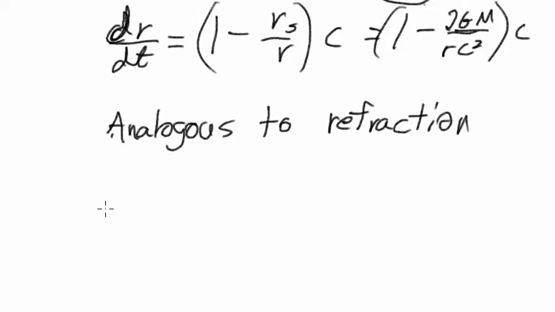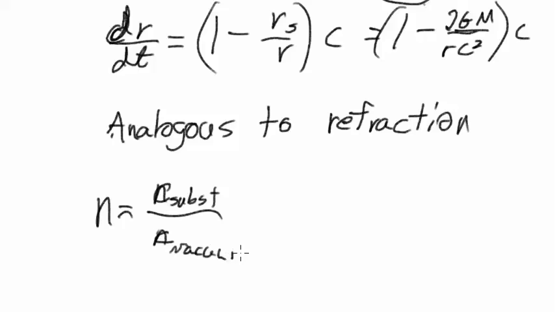N equals n of the substance, and here we're talking about a sort of substance that's local to the gravitational well of where the object, the body, the mass is, over n of the vacuum. I'm sorry, speed of light in the substance divided by speed of light in the vacuum, and that is going to be